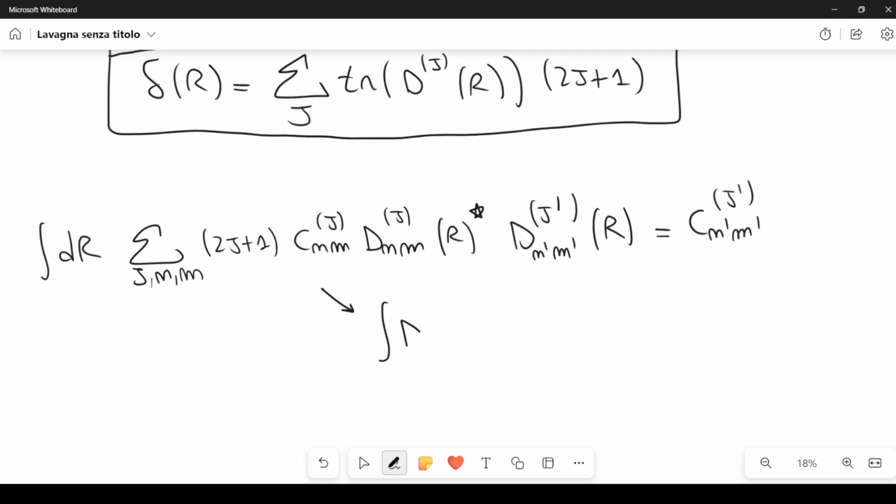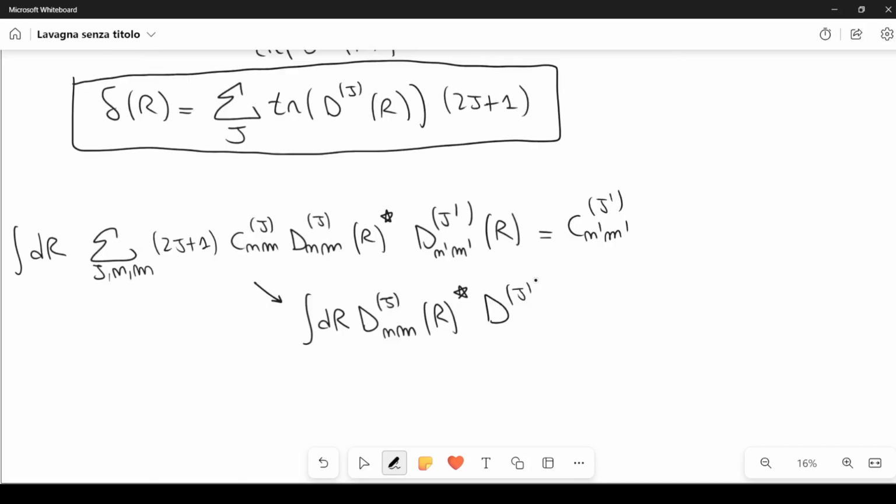So I have the integral over dr, d j n m of r star, d j prime, then I have n prime m prime of r, and this must be equal to delta n n